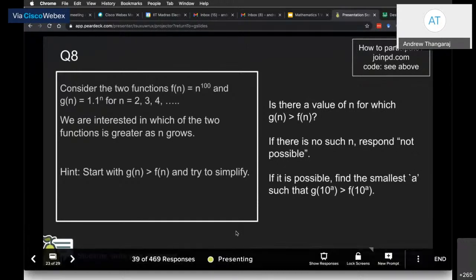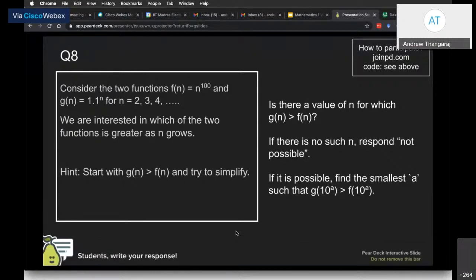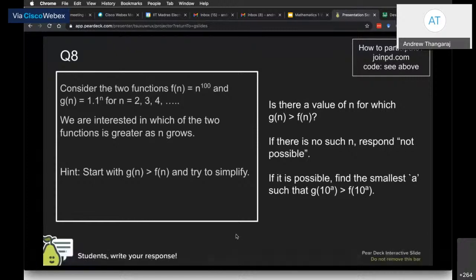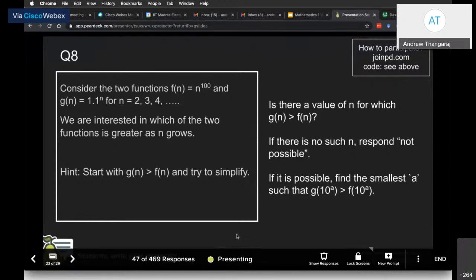Give it a shot. You have to use log. Log is definitely required. So using log, this will be a complicated thing to answer. I put 10 power A, so I'll recommend